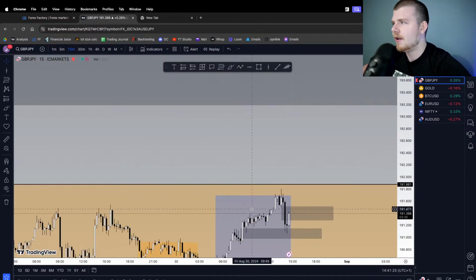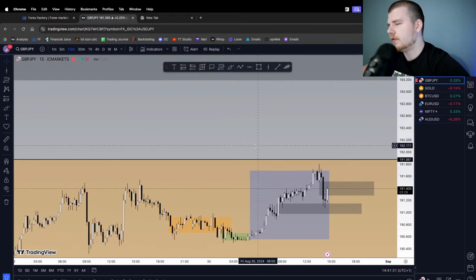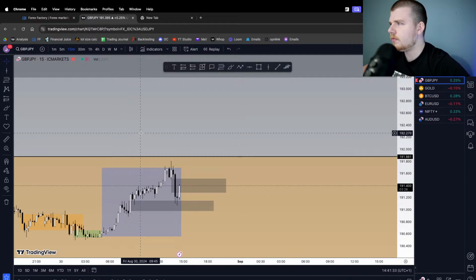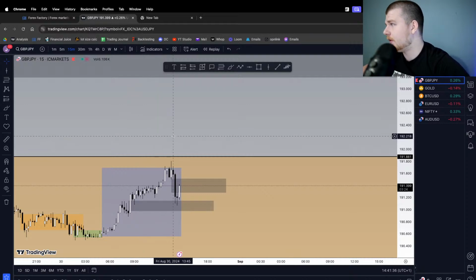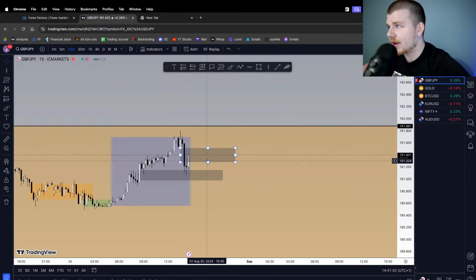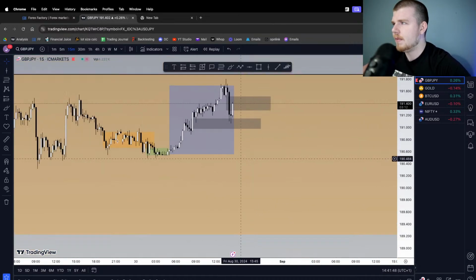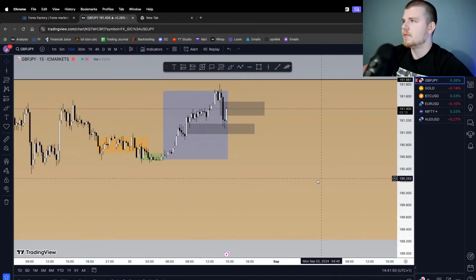And now to say on a Friday afternoon that we're going to have our manipulation phase is quite a stretch. The likelihood of that happening is very low. So that is that, it's pretty much 50-50. What we'd really want to see is price respecting this and inverting this one, and then we can actually have some leverage to take a trade, maybe even just down to here. So we'll see how that goes.